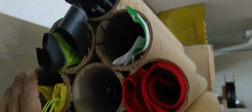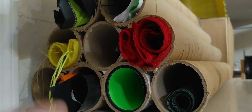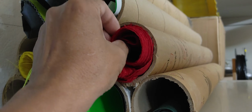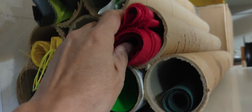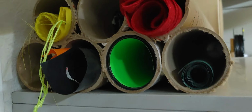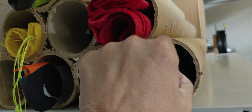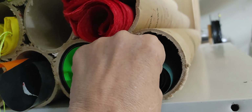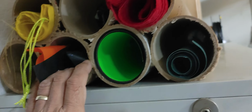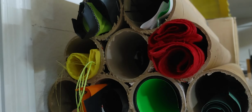stuff that I use, remnants that I keep, not so much the newer fabric, I should say, because this is ripstop nylon fabric, kind of similar materials, Dacron fabric, stuff like that. And so I was keeping some of the remnants, and even some of the rolls that come direct from the manufacturer. So this was okay,